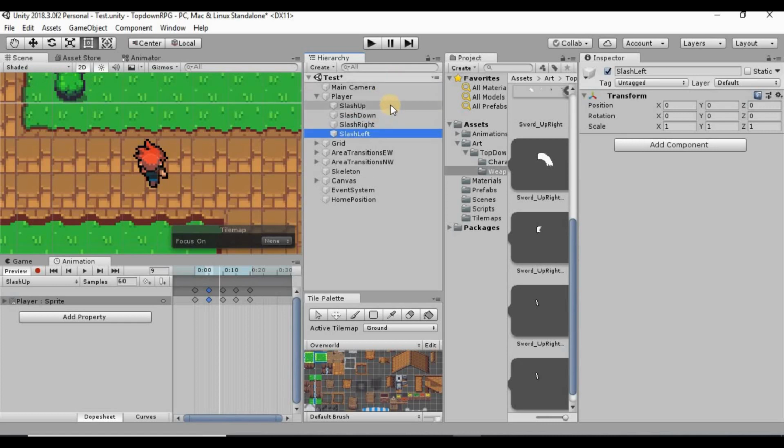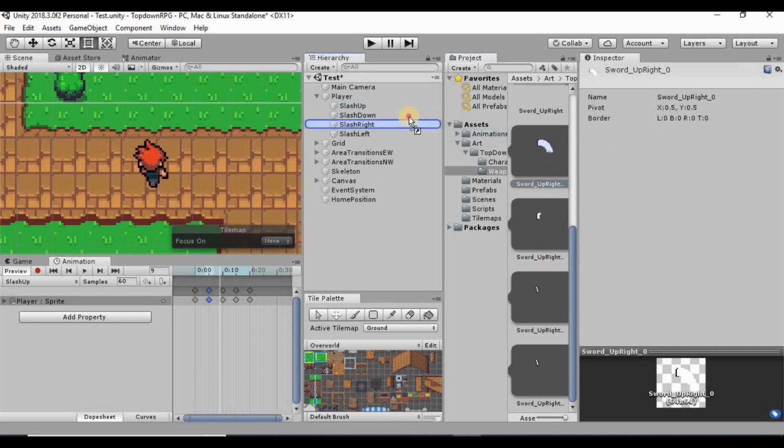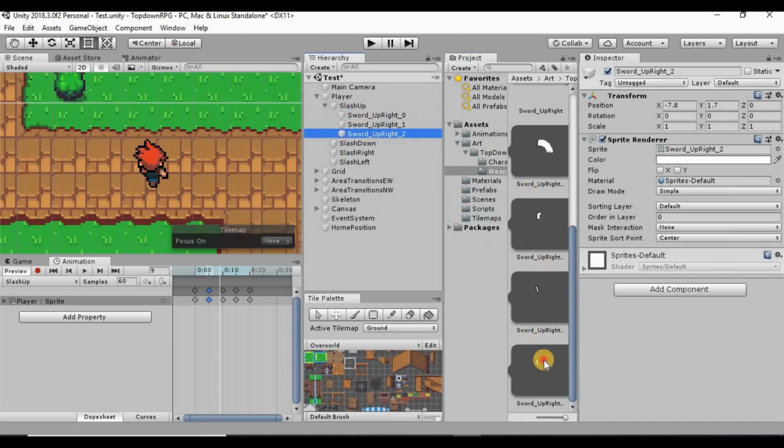So now what I want to do is I'm going to start with, since we have our /up animation right here already set, I'm going to go to our /up, and I'm going to drag each of these individually onto our /up here. Just like that. And 3 and 4. So now that we have all of these on our player,